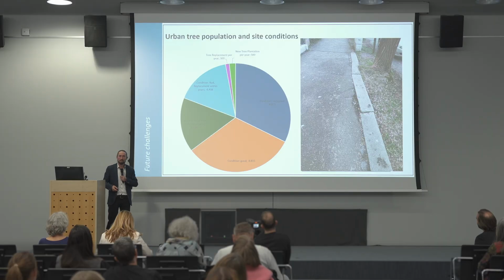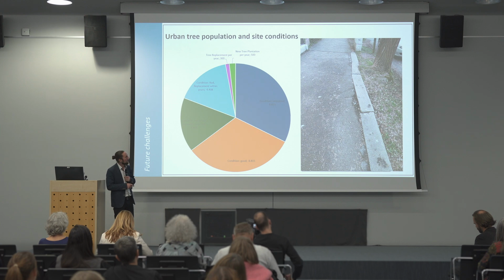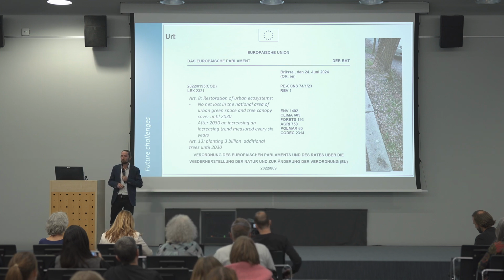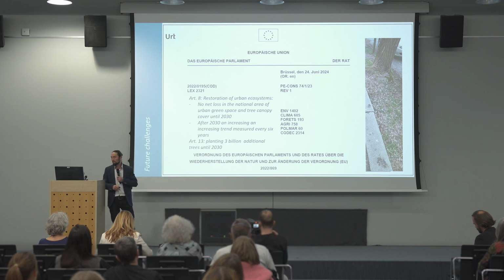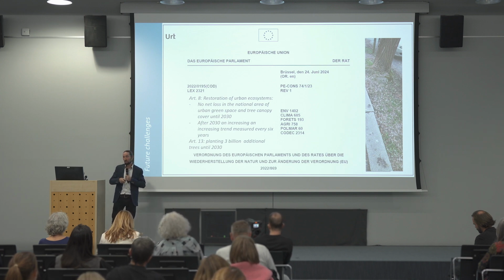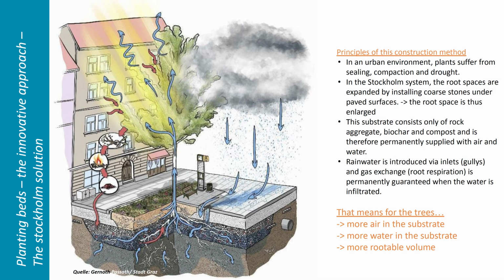Or the tree will die. For example, this is the Styphnolobium. But you have this demolition in the infrastructure, which is also not really nice. And we heard it before, there is also this new EU restoration law, that we want to expand the crown canopy area. And these are big challenges.